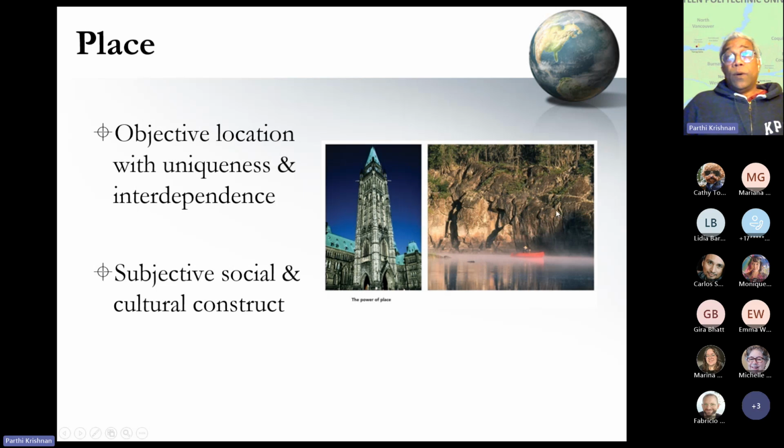The other image on the right also shows you what people tend to think about Canada. So this evokes the notion of Canada as being somehow remote, with lots of wilderness, or it is the Great White North. Right. To give you an example, when I was a young child growing up in Singapore, I used to watch a movie, or sorry, a series called Sergeant Preston of the Yukon.